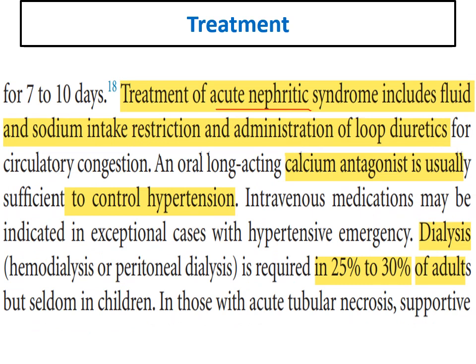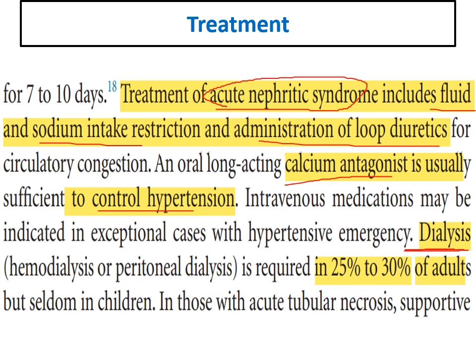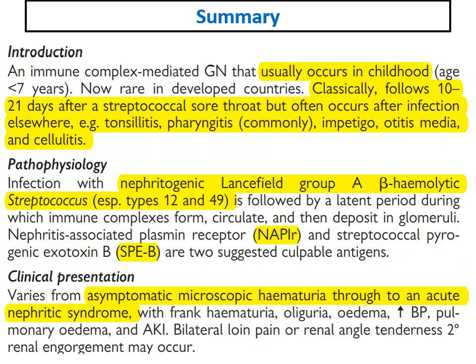Treatment for the acute nephritic syndrome or the acute nephritic presentation includes fluid and sodium restriction, administration of loop diuretics for volume overload and congestion, and we can give calcium channel blockers for hypertension. We may need hemodialysis or dialysis in around 25 to 30% of adults, but it is very rare to need dialysis in children. To summarize our talk today,